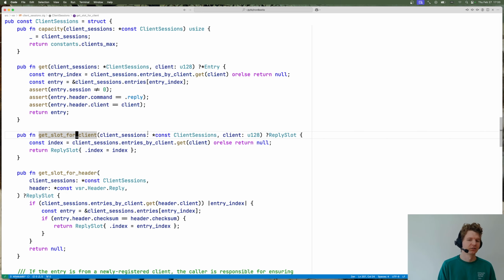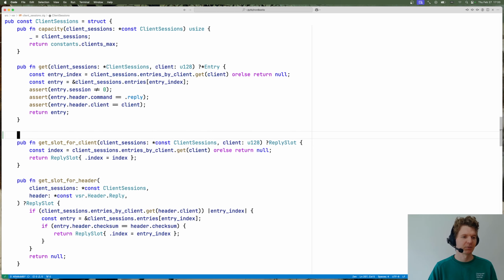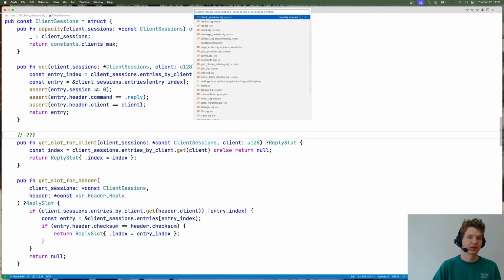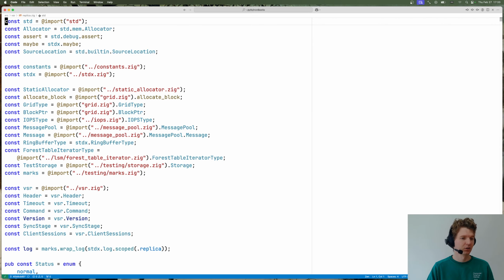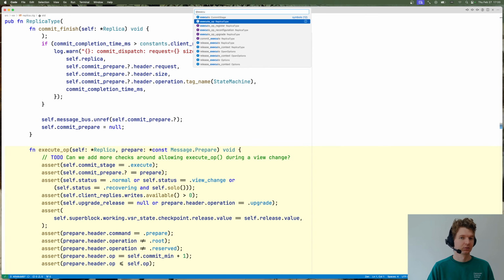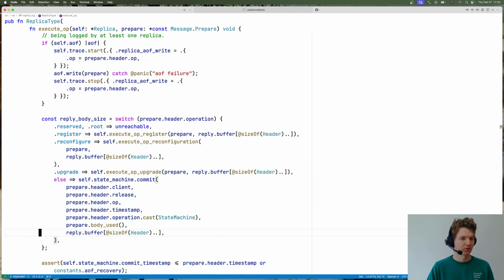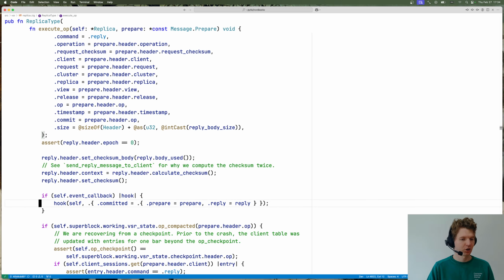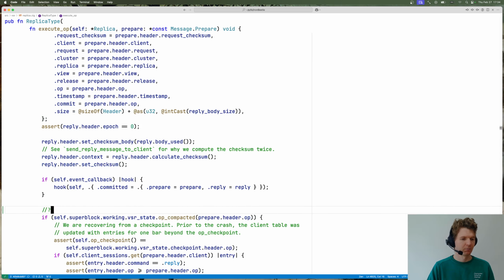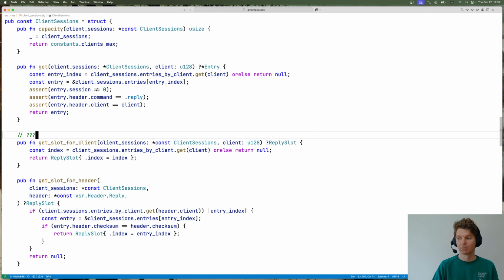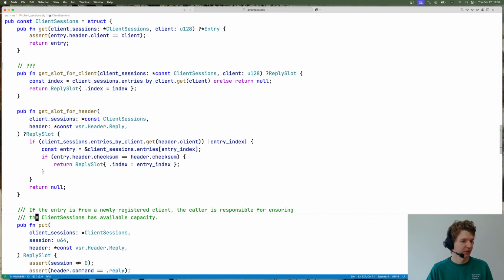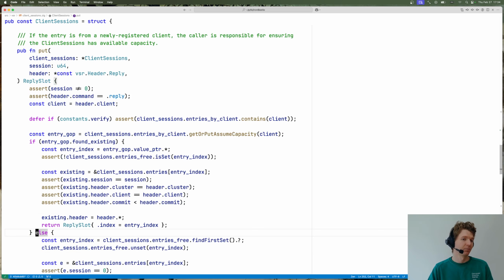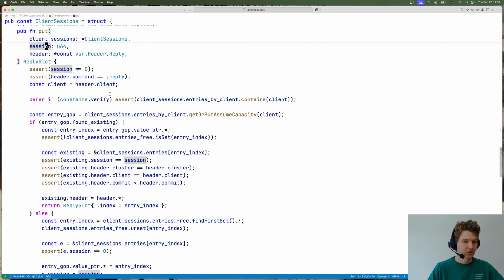Get slot for client. Okay, this is also okay. Let's mark this with a question mark. Actually, while we haven't forgotten, in execute op there was this op compacted, which I also wanted to come back to a little bit later. So let's leave some breadcrumbs here. Okay. So I don't understand this get reply slot business. Okay, put again, given that we know session, it should be relatively easy. So